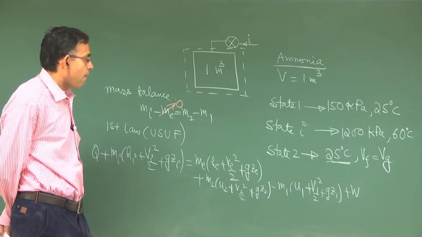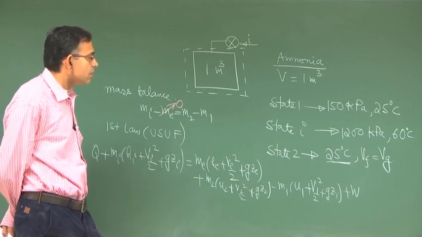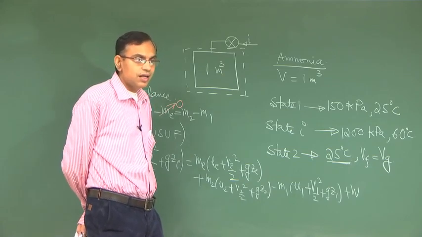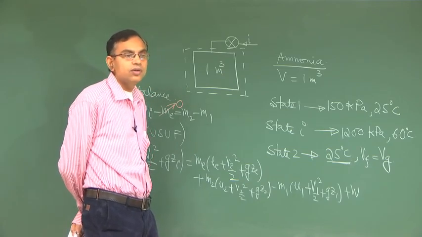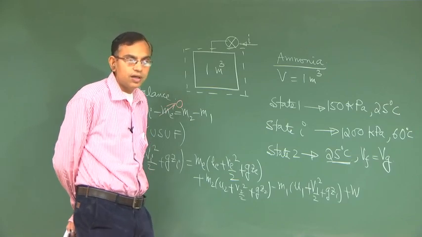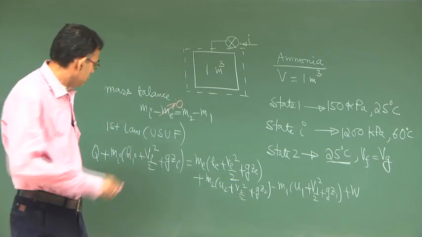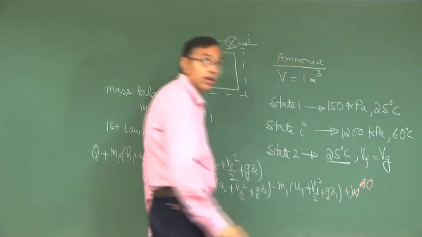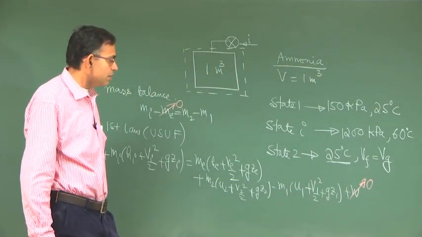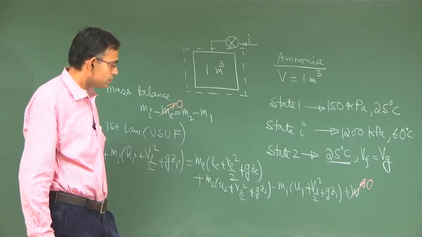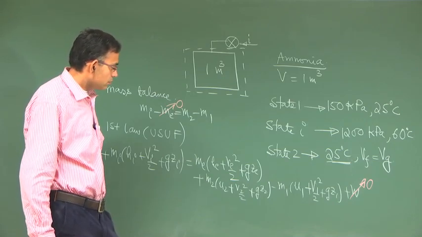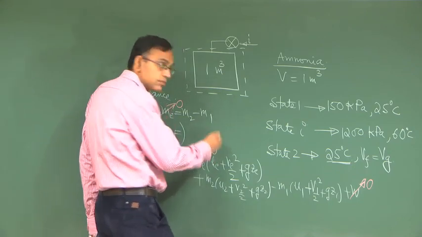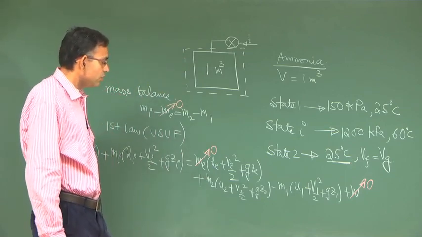I have just written the full equation because if you start with the full equation and then put in your constraints and the given data in the problem, that gives you clarity of what you know, what you do not know, and what you need to find out. So, first of all there is no work done, work done remains 0, then you do not have any exit state, therefore, this is 0.